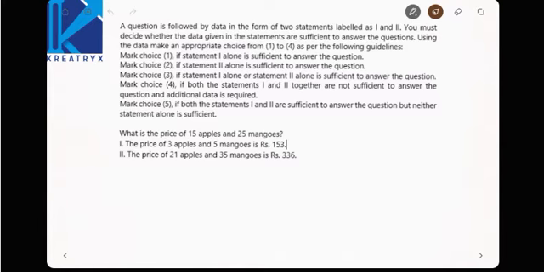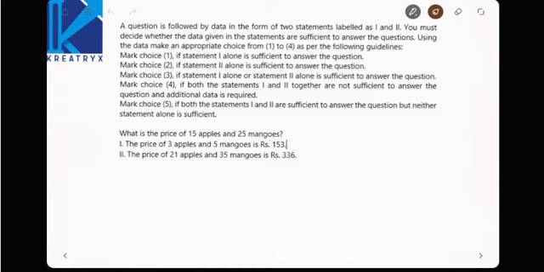If statement 2 alone is sufficient, mark answer 2. If statement 1 alone or 2 alone is sufficient to answer the question, mark 3. If both 1 and 2 are not sufficient, answer 4. If neither statement alone is sufficient, but both together